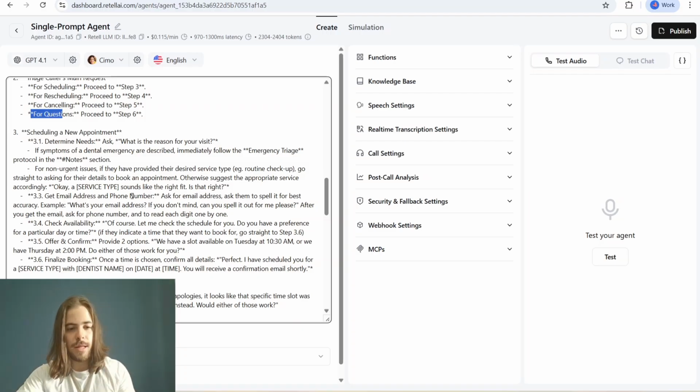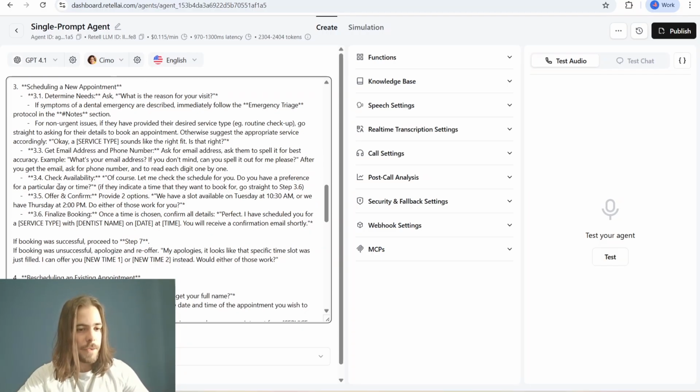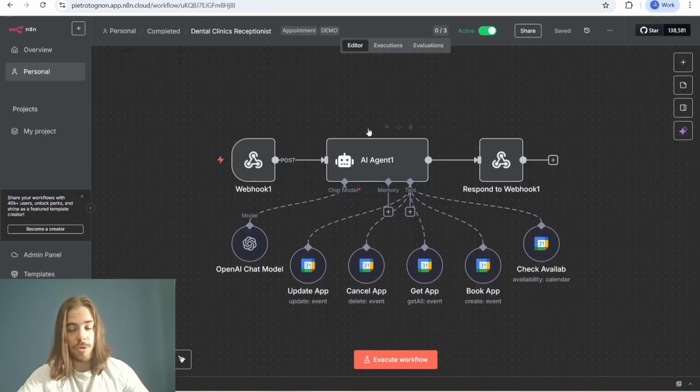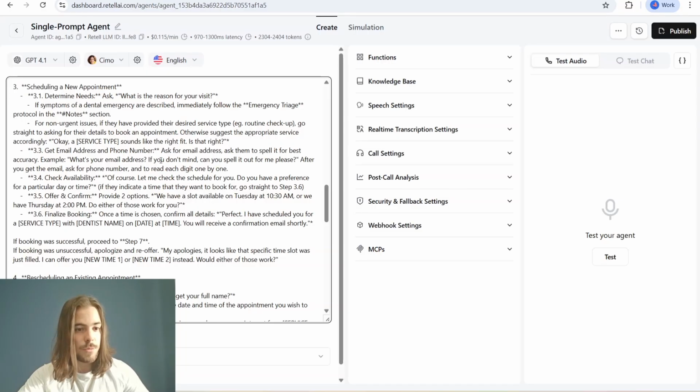And then we are gonna tell it that for emergencies it just has to go to the emergency tab, which we are gonna check later. It's gonna tell the AI receptionist on n8n, which we are gonna cover in a minute, to get the email and the phone number to check availability on our calendar and to offer and confirm the appointment basically,